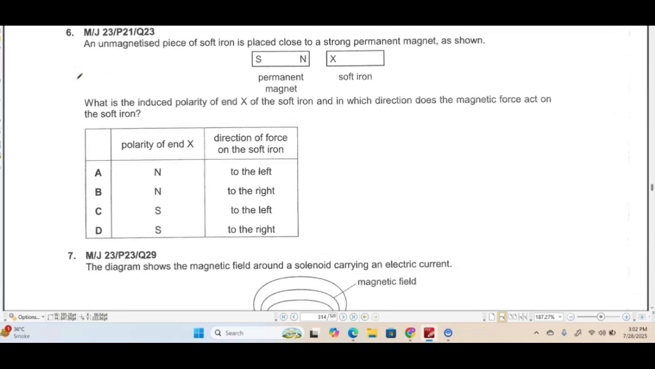Okay. Question number 6. An unmagnetized piece of soft iron is placed close to a strong permanent magnet as shown. What is the induced polarity of X of the soft iron, and in which direction does the magnetic force act on the soft iron? So if this is north and this is soft iron, it is going to be attracted towards it. So we know that the unlike poles